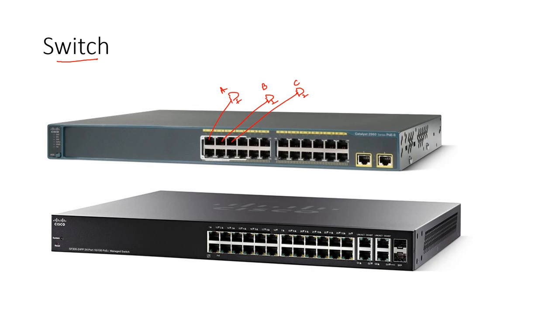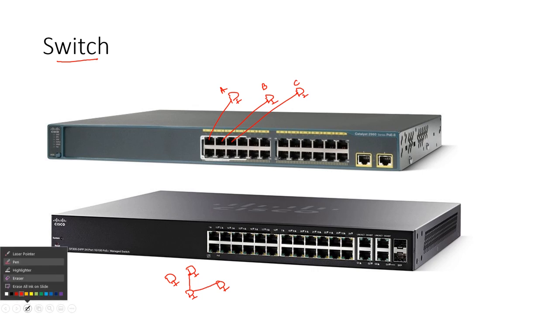Let's say if you have just two PCs like this and you directly connect them, it'll work. If you have one more PC, you have to find another interface to connect that PC. Let's say I'm adding another NIC to this machine and connecting over here. But if I want to connect this to this, I need another NIC. If I have one more, I need one more NIC. So instead, what I can do is